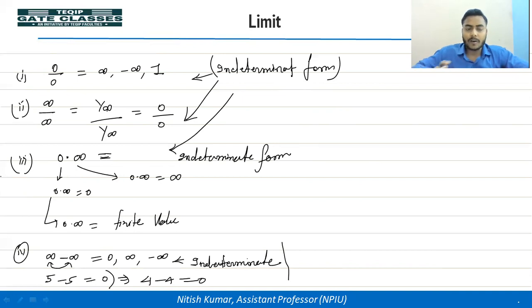So these seven forms are also there. I will discuss how they are indeterminate forms. Okay. So now I think we are very clear about indeterminate form or determinate form. If you can tell what the limiting value will be without using a special method, that is determinate. Indeterminate means we cannot tell without using special methods, right?